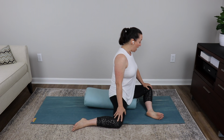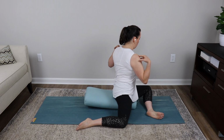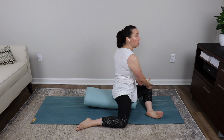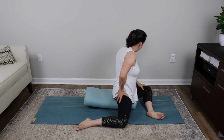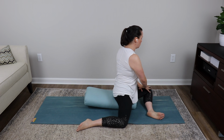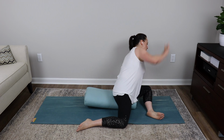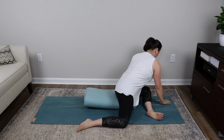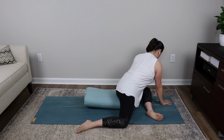Now, allow your pelvis to turn, allow your collarbones and shoulders to turn so they're now facing that left knee. In that position, you are getting a little bit of opening through that right hip as well. So again, do what's comfortable for you for your right hip. But take your left hand to the left side of the left knee, right hand to the right side of the left knee,